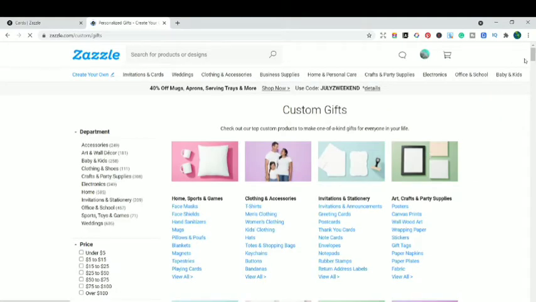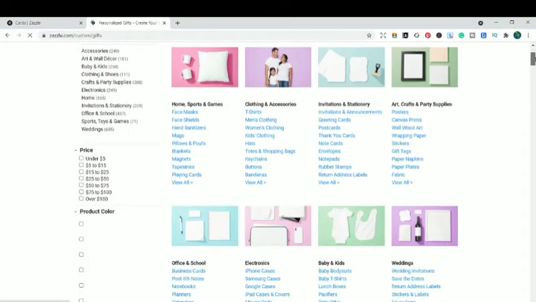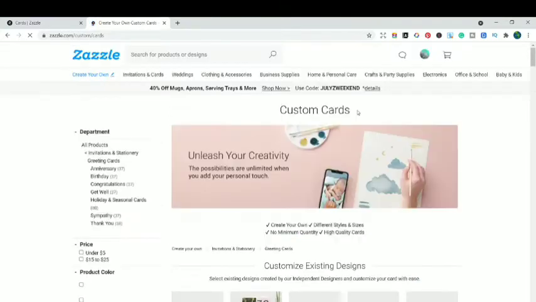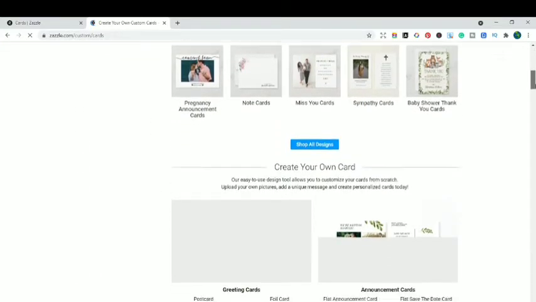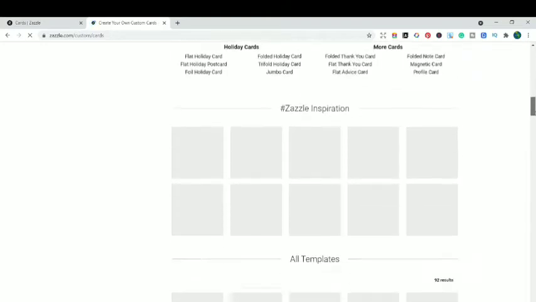Okay, so you are entered over to this area. Now we need to make a greeting card. So I'm going to just click over to the greeting cards section. You can even click over to the thank you cards or invitations, announcement if you are looking forward to make an invitation. So just scroll down. We're going to make a birthday card. So let me just scroll down a bit more.